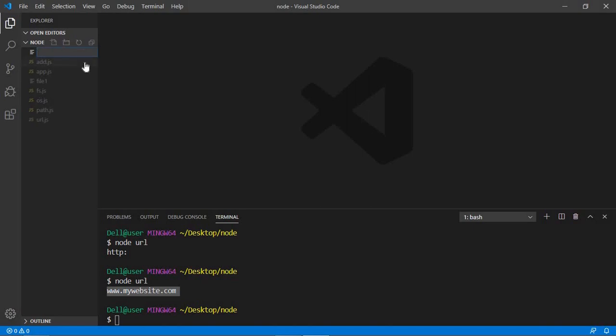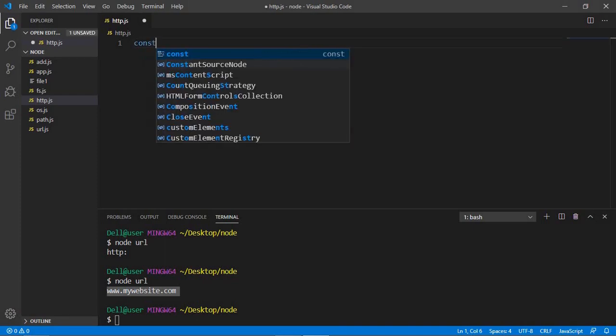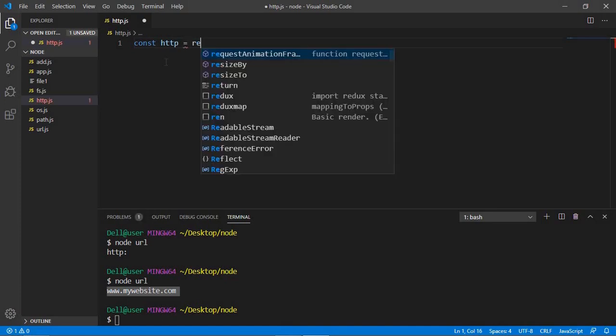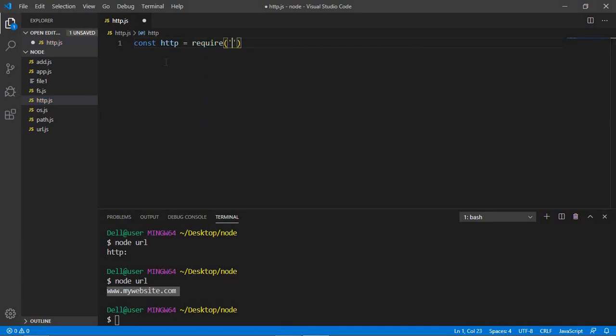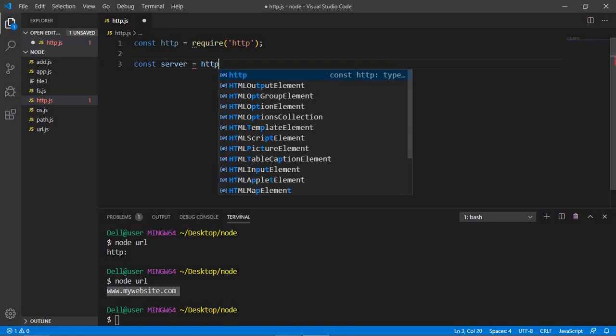So let's create a file called http.js, and let's call the HTTP module. const http equals require http. So the first method from this module that we're going to learn is the createServer method, and as the name suggests, createServer will just create a server. So const server equals http dot